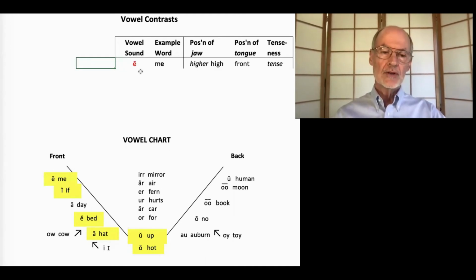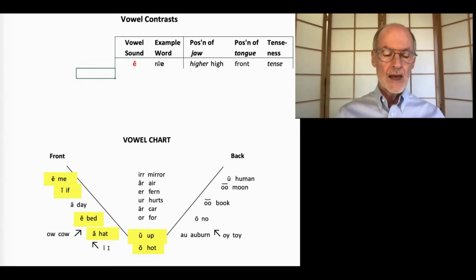So the first sound here, E, is high. The jaw is nearly closed. It's the higher of the high pair of sounds. The tongue is in the front, E, and the corners of the mouth pull back. Me, E, me. And the contrasting sound